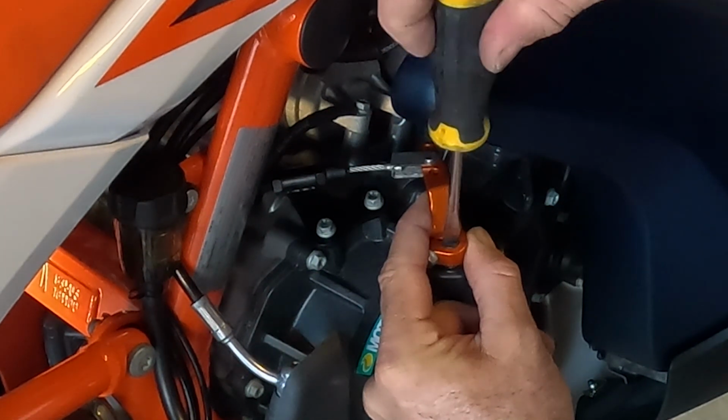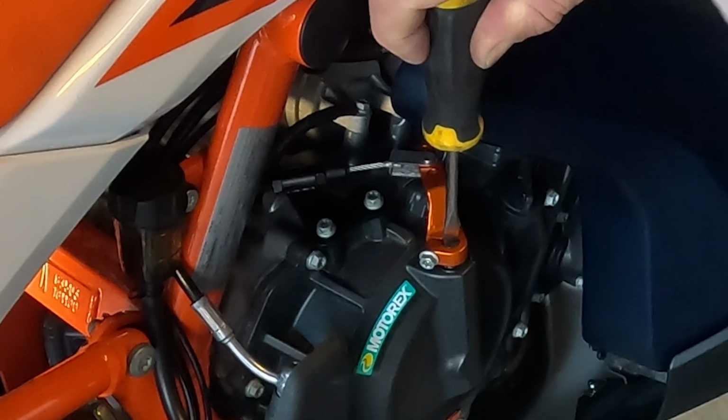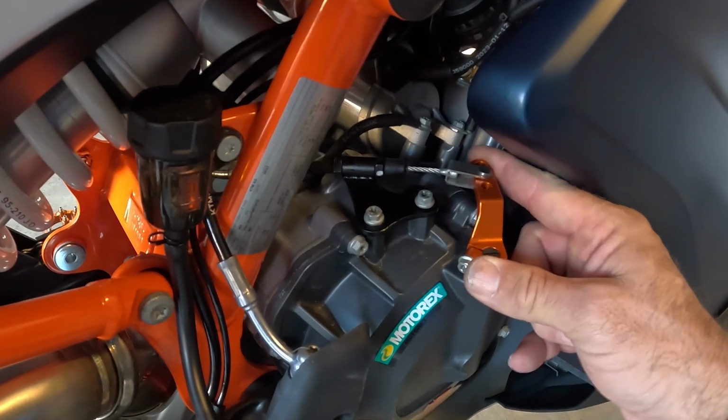and I'm gonna turn this bolt so that my line matches up with the pivot point. And then I'm gonna snug this down. Okay, so now that I've got my Camel ADV one finger clutch lever secured and tightened down here,